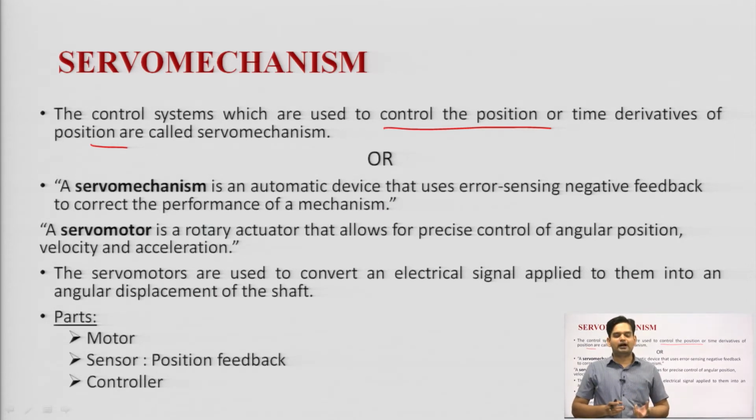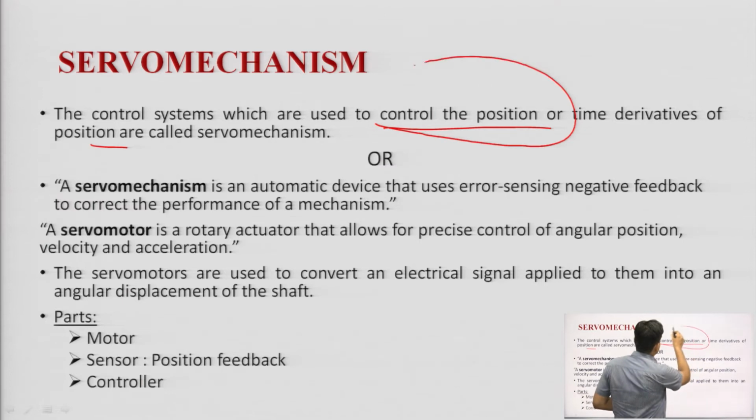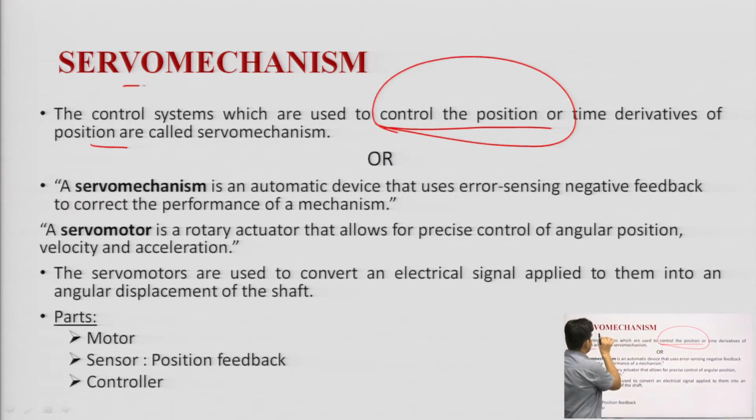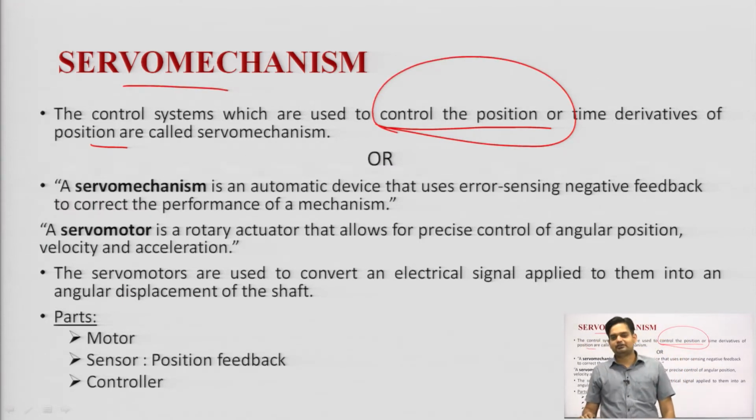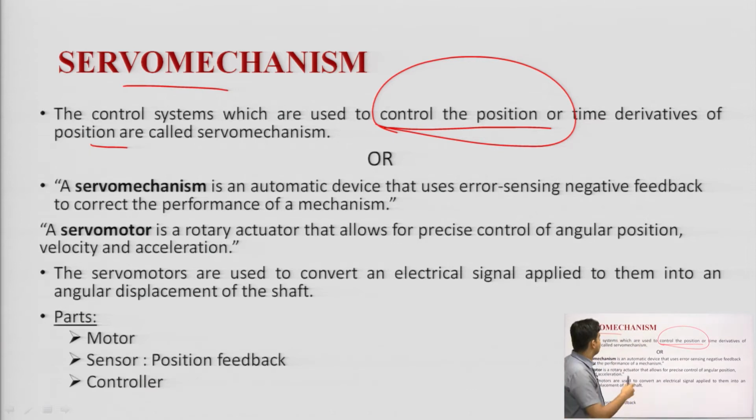So, what will I do? I will add a servo motor which will keep rotating or changing the position of the antenna. Whenever we need to control the position of a certain element, we have to apply the servo mechanism. Why do we say this? Because that rotation mechanism is slave to us. Whatever instruction we feed into this motor, it will rotate the antenna by the same angle which we want. So, we say this rotation or position control mechanism is equivalent to the servo mechanism.